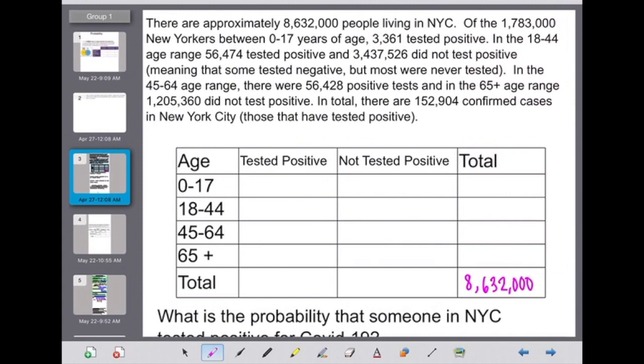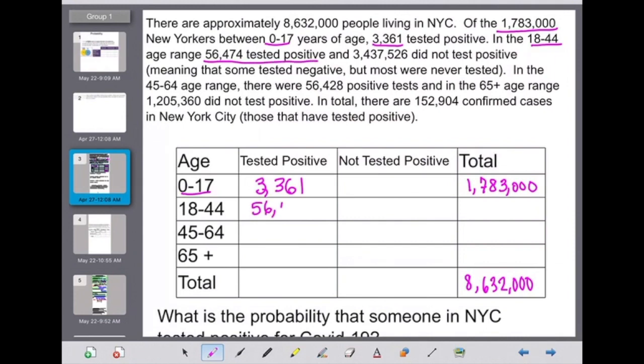Okay. Of the 1,783,000 New Yorkers between 0 to 17 years of age, 3,361 tested positive. So that means that this number is how many people are in New York in that age group. So I go to that age group, go to the total, and put that in. And in that group, 3,361 tested positive. So still I have to stay in that line, and I'm going to put in the tested positive 3,361. Then I go to my 18 to 44 age group, and it tells me that this many people tested positive,